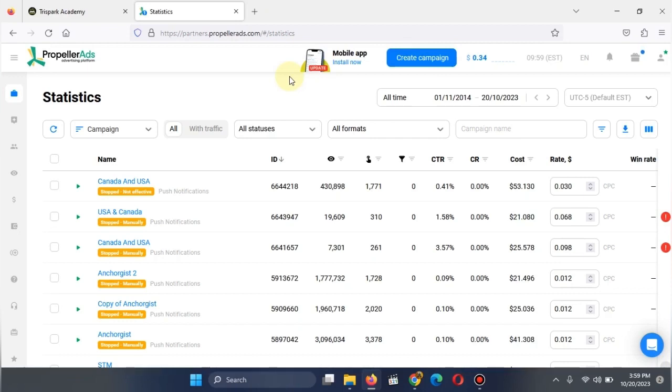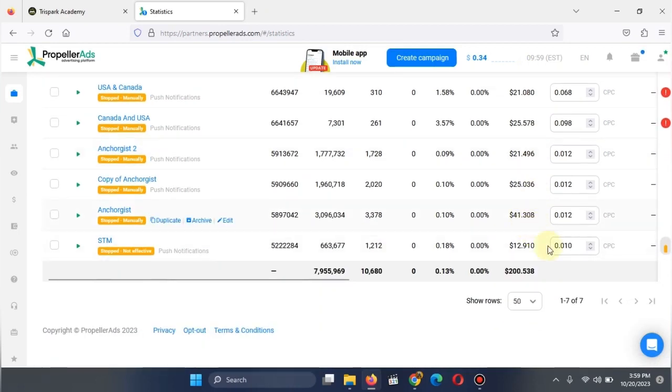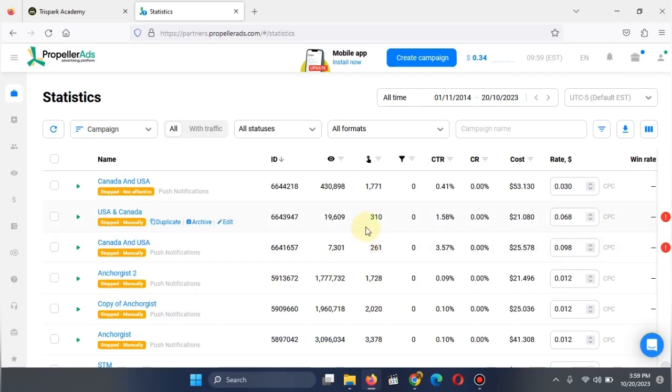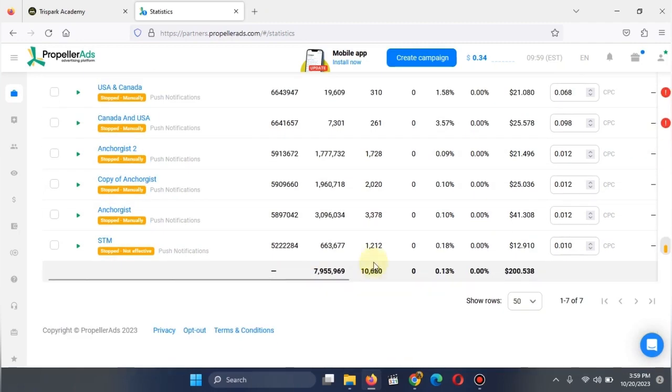Now, the first thing there is that as of then, Propeller ads was quite cheap. You can see here, I was using about, how much is this? $12 to have my ads seen by almost 663,000 people. And out of that 663,000 people, about 1,000 plus clicked on it. You get the CTR, the people that clicked on it was about 1,000 plus. So as of then, the CPC was just about 0.10. Now this 0.10 means that I was spending a very low amount of money to get traffic from this particular source.